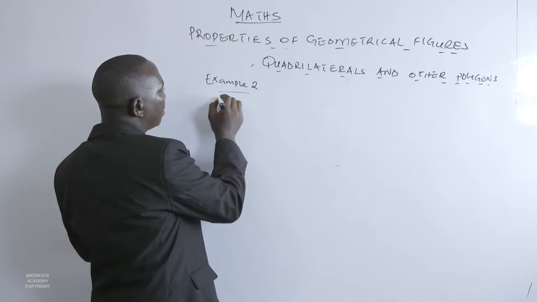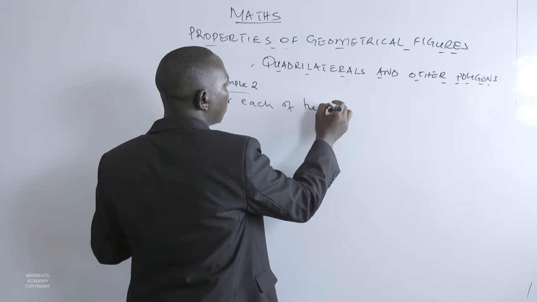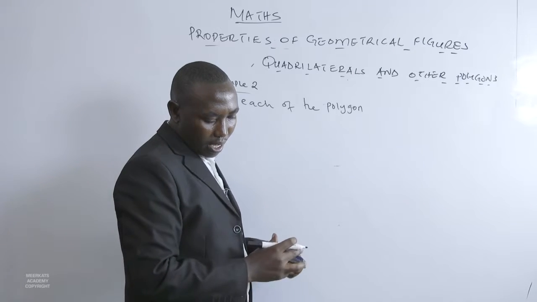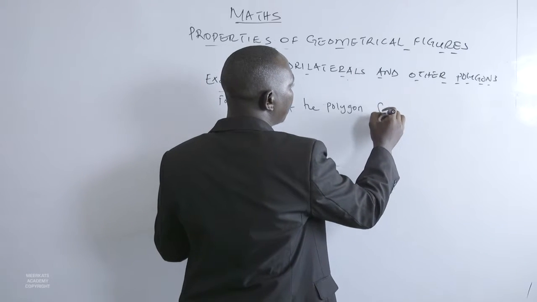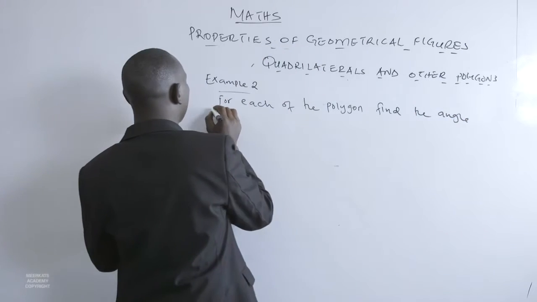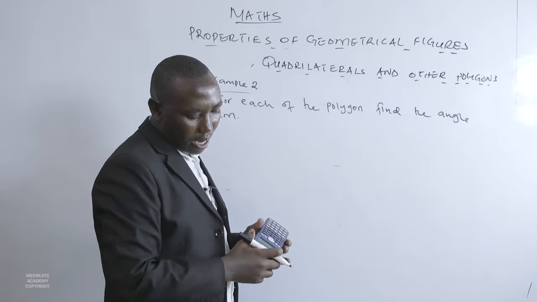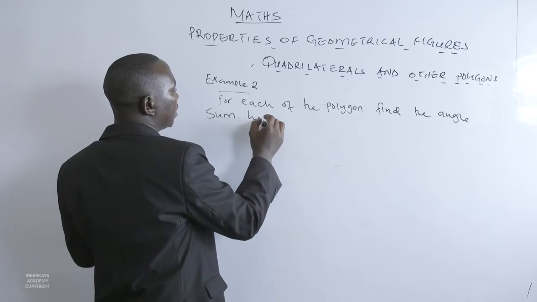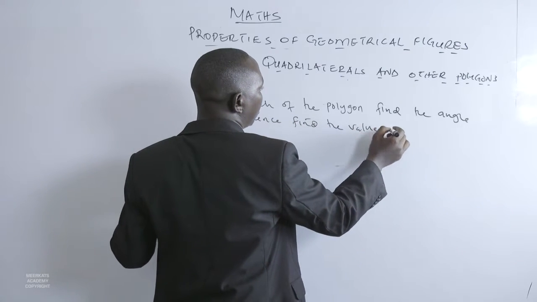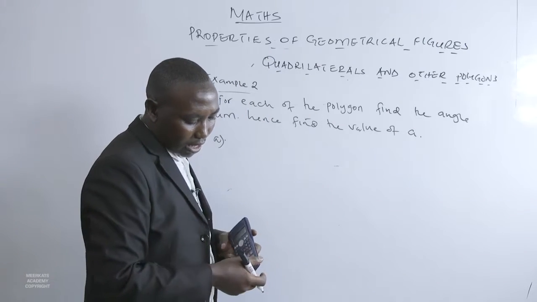For each of the polygons, find the angle sum, hence find the value of A. Now for the first case,